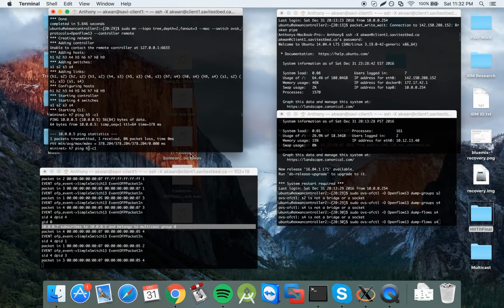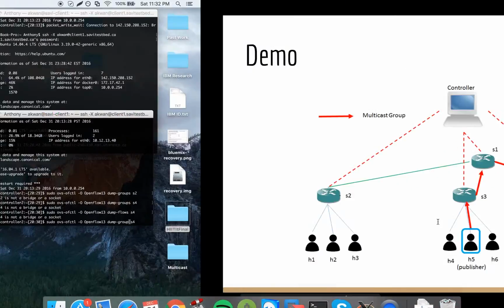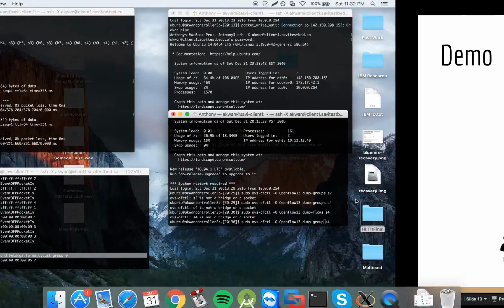So H7, H5 again, so H9, now we want H9 to ping H5, and so the IP address of H9 is subscribed to the IP address of H5 and belongs to multicast group 0, which is the same multicast group as I mentioned before. So if we dump the group table onto switch 4, which is the switch right here, the edge switch, you should see,